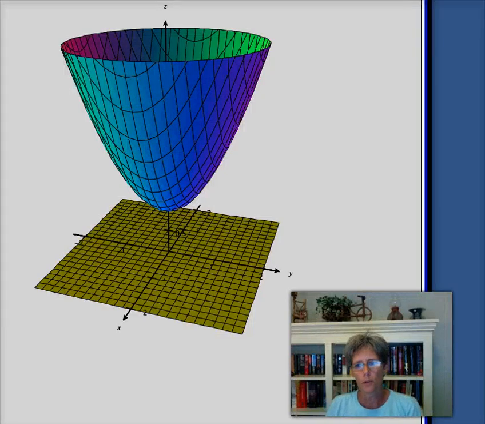Okay, so I hope you took a couple of minutes to think about what you thought perhaps was going to happen in 3-space. I've brought up our 3D grapher here, the free 3D grapher. It's on your Blackboard website if you'd like to access that as well. And I'm looking at a particular graph. It doesn't really matter at this point what the equation of that graph is. But you can see that this graph, I'm going to spin it around a little bit,